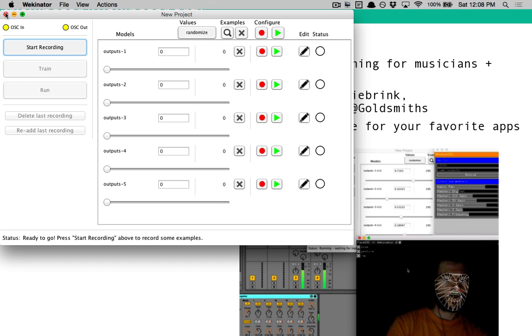The way it works is that it creates this interface for different applications on your computer to communicate via Open Sound Control, OSC. Raise your hand if you are not familiar with OSC. Okay, so let me just mention that briefly. Open Sound Control is a network protocol based off of what's called UDP.